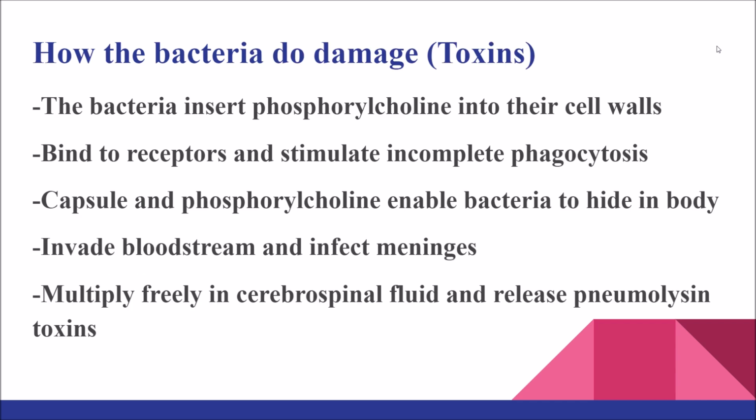How do the bacteria do damage? The bacteria insert a chemical called phosphorylcholine into their cell walls. When it binds to receptors on cells in the lungs, meninges, or in blood vessel walls, it triggers the phagocytes to engulf the bacteria, but they don't completely digest it due to its capsule. The capsule and phosphorylcholine allow the bacteria to hide inside body cells, pass across infected cells, and enter the blood and brain. Once it has invaded the bloodstream, it can move across to infect the meninges, and bacterial meningitis